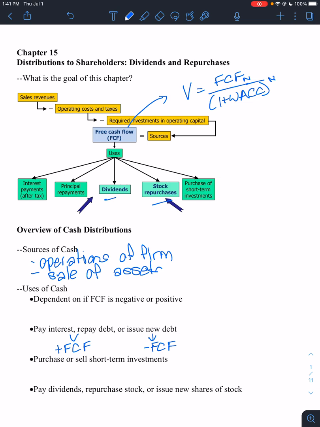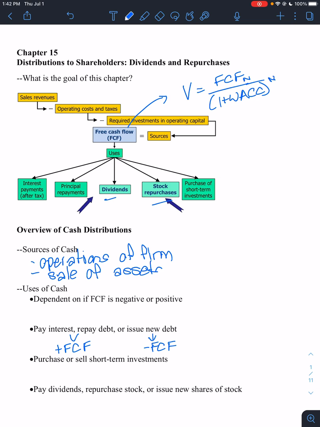And then eventually those sales will turn into profits, which will turn into free cash flows in the future. So don't look at firms with negative free cash flows automatically as bad. It just means we are generating negative free cash flows, right? Like I said, it could be because we're growing a lot and having to make a lot of investments in